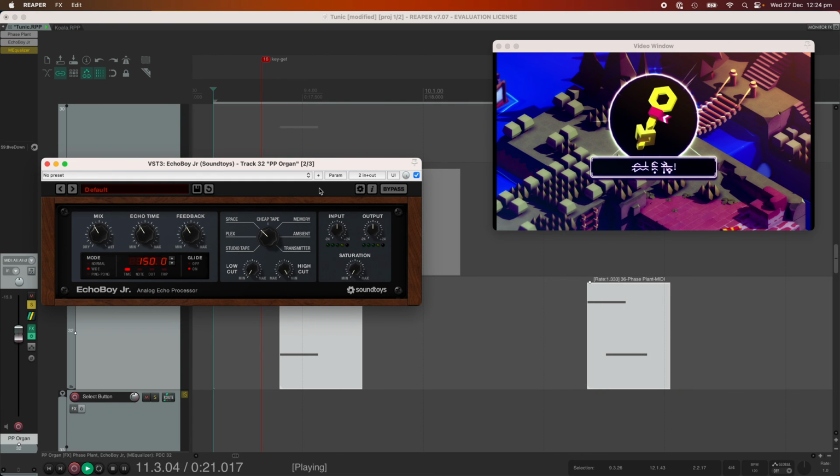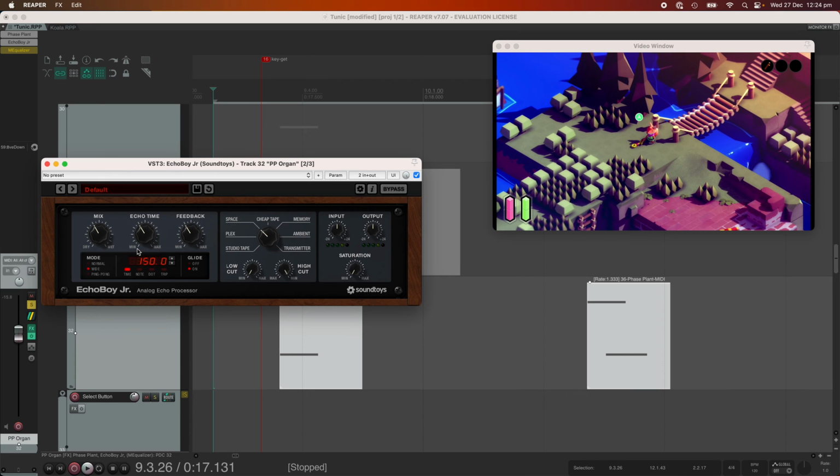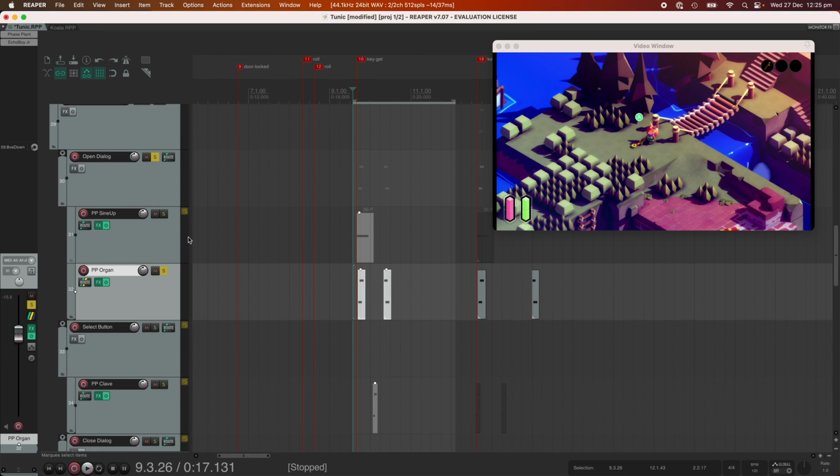I use Echo Boy because it sounds awesome. And yeah, that's essentially why. You know, I tried it with a normal delay and it sounded like a delay, and I used Echo Boy and it sounds really colorful and interesting. So overall,